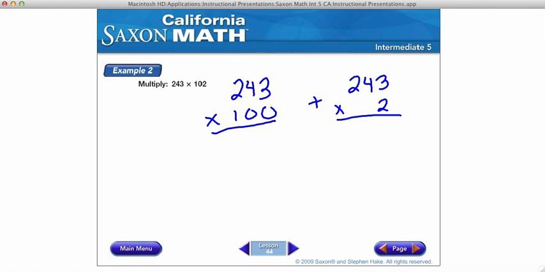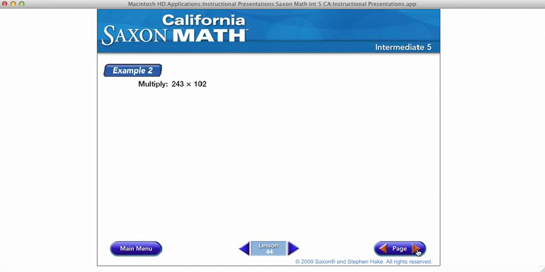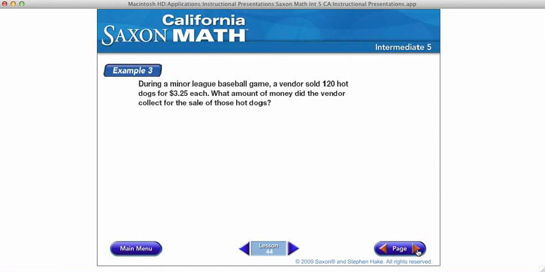Okay, let's look at example 3. So, example 3, money problem. During a minor league baseball game, a vendor sold 120 hot dogs for $3.25 each. Those are expensive hot dogs. What amount of money did the vendor collect for the sale of those hot dogs? So I'm going to choose to put 120 on the bottom because it has this 0 and that can hang off the end. So my problem is going to look like this: